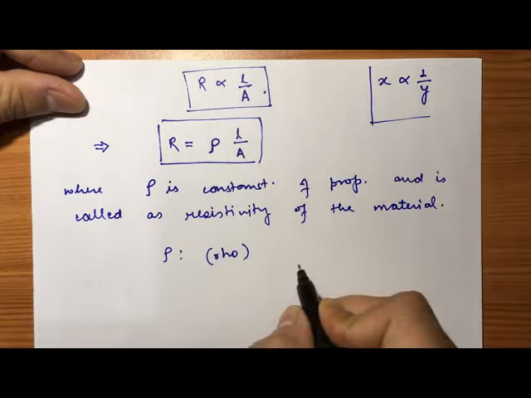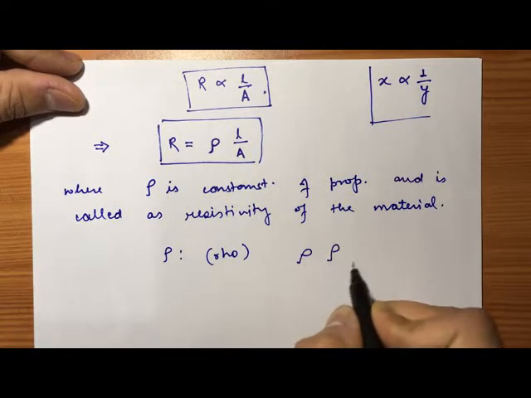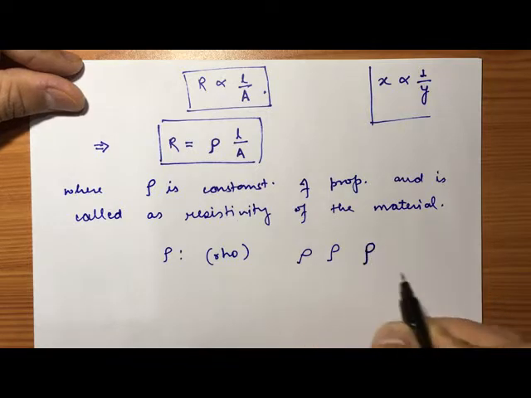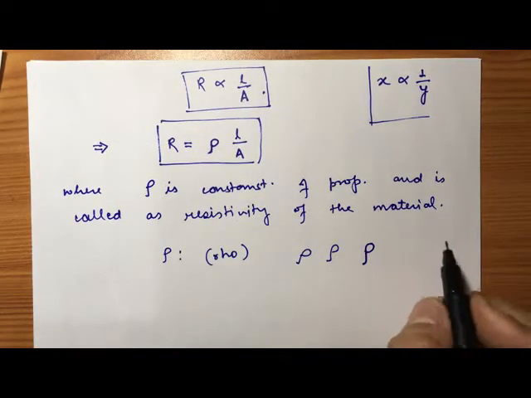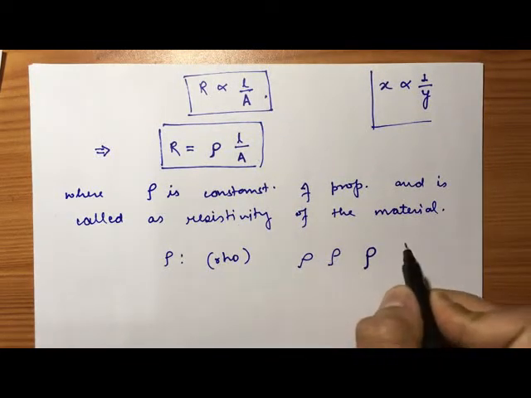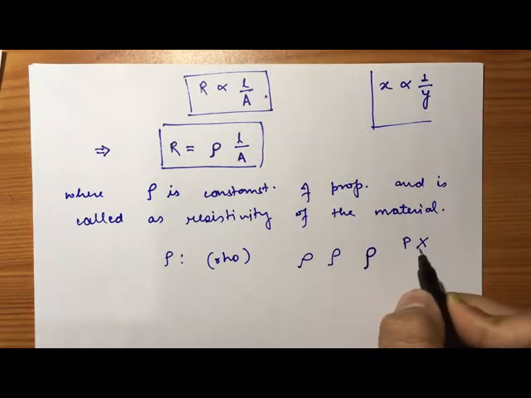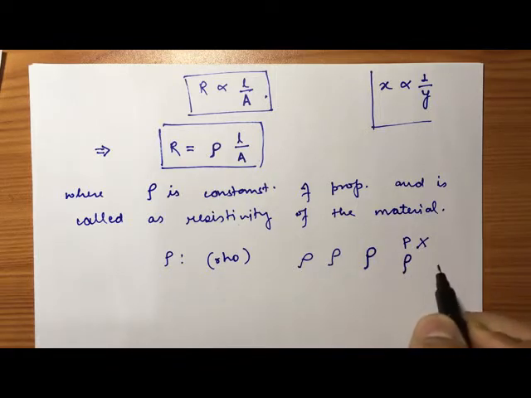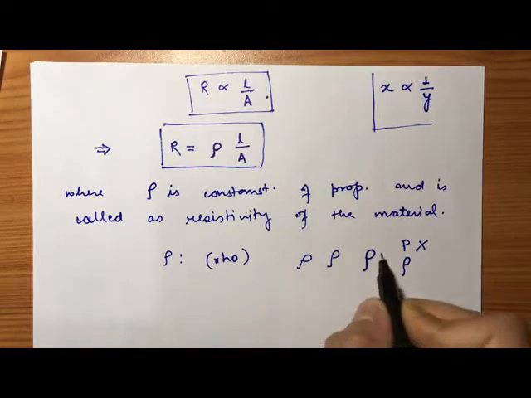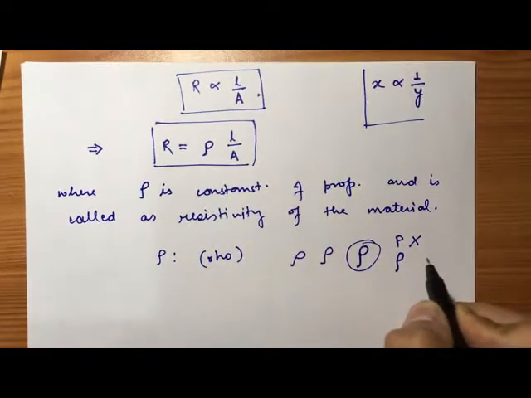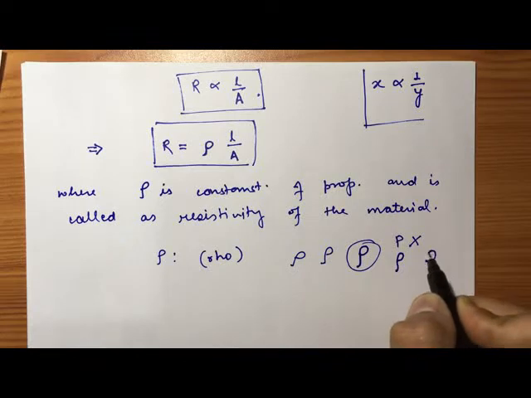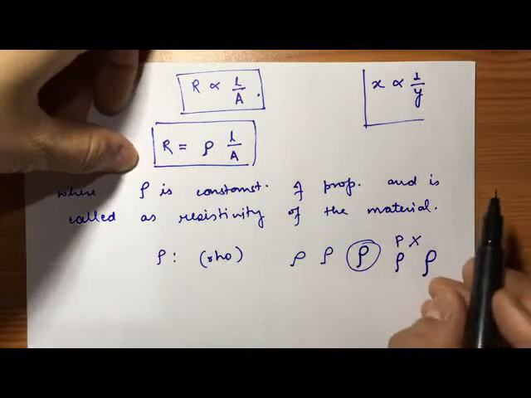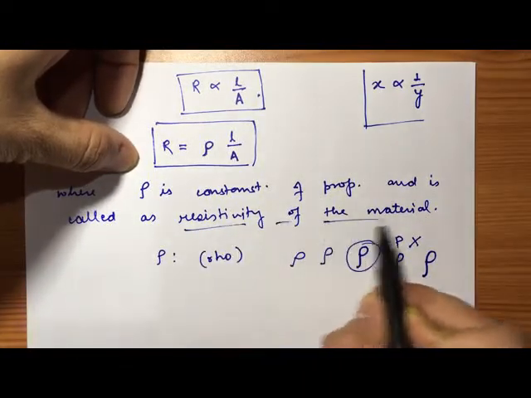In many cases you can write it like this also or like this, but I will advise you to write it from here and from there. Why? Because if you write in speed, you can sometimes write it like a P. No, don't write it as P. This is rho and it should look different, okay. You can refer to the book, it looks like this. So always try to write from this point, go inwards and like this, read it as rho. Now this is the resistivity of the material.